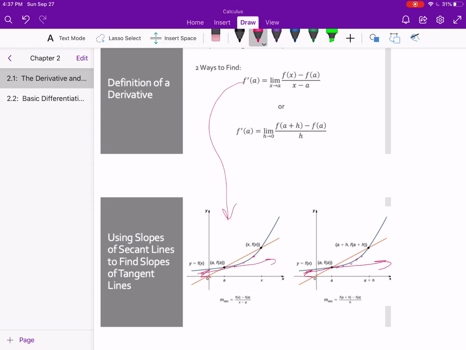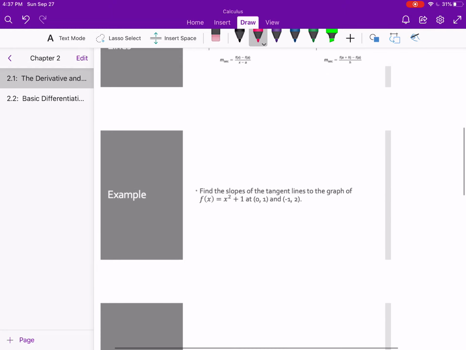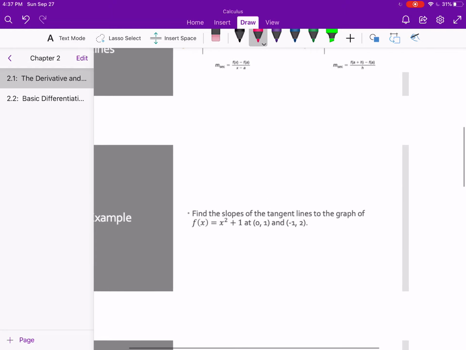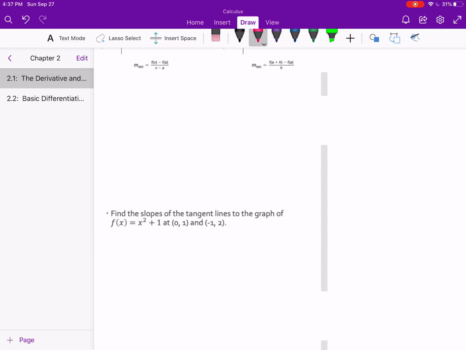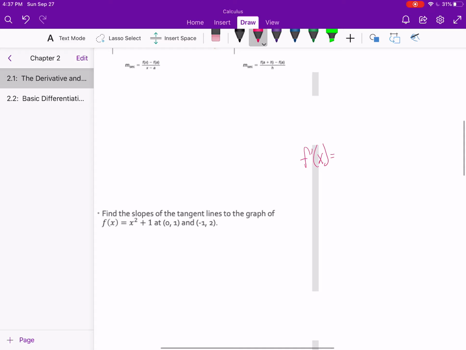So we're taking the limit, for the most part, of a slope. We want to find the slopes of the tangent lines of the graph of f of x equals x squared plus 1 at 0, 1 and negative 1, 2. So let's first find f prime of x. I'm going to use the h limit. So that's the limit as h approaches 0